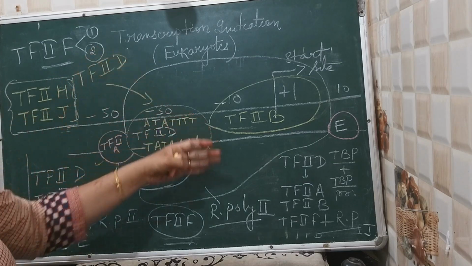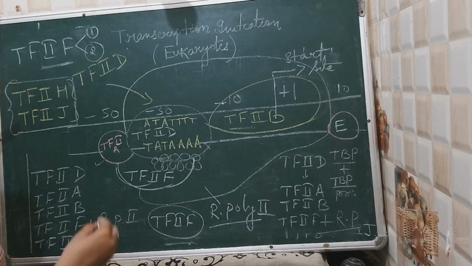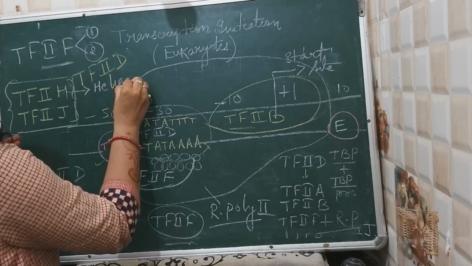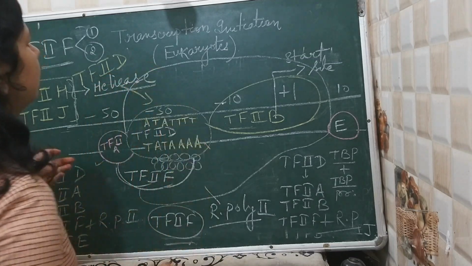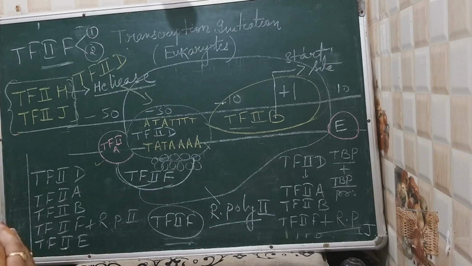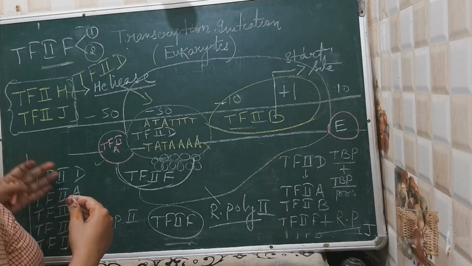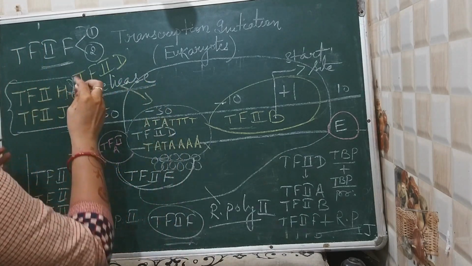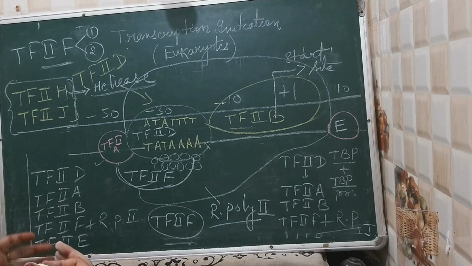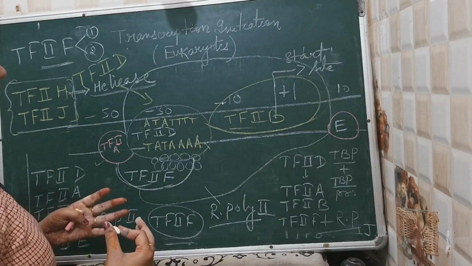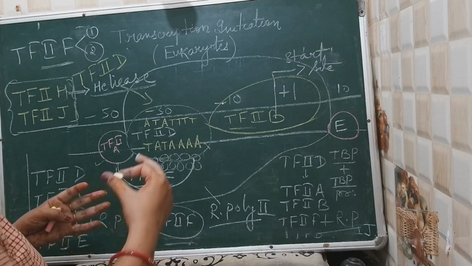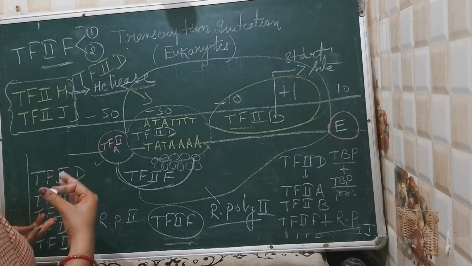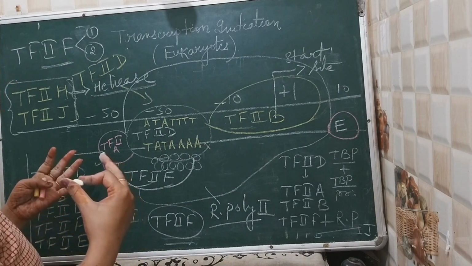And the last two transcription factors which come and join the complex: TF2H has a very important activity known as helicase activity. It is presumed that this helicase activity of TF2H interacts with the RNA polymerase, travels with it, and catalyzes the strand separation, and RNA polymerase will polymerize, or synthesize, the RNA strand. So this portion of